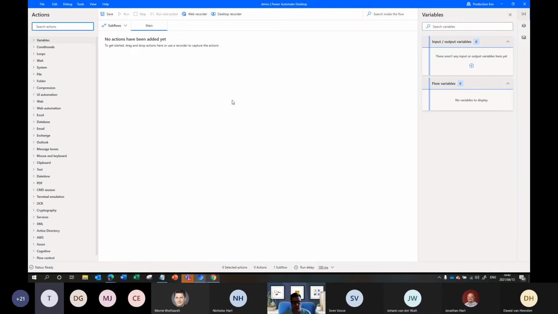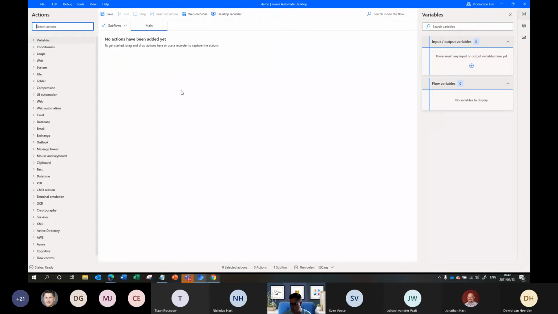Michael, while you're setting that up, I'm assuming your machine needs to be running and connected when you call that flow then. Aha, yes, that's a jolly good question. The question is, how does the cloud flow even call the desktop for the desktop to start this little app and start doing stuff? So yes, your PC needs to be connected to the internet. And actually what you install on your PC is a data gateway, the Power Platform data gateway. So you install that on your PC, and that's how the cloud calls into your PC and then fires up the desktop flow and gets it working. Correct.